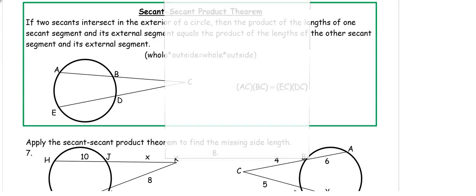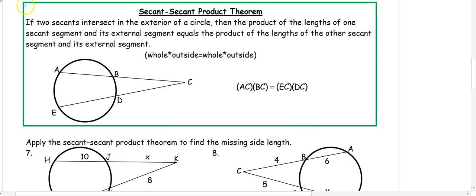Secant tangent. A secant tangent is a little different. In a secant tangent, they're going to intersect from the same point on the outside of the circle. When we are finding the secant tangent, it's the whole side times the outside equals the whole segment times the outside. If we are labeling for an example, let's say that this is 4 and this is 6, and we'll say that this is 5 and this part is